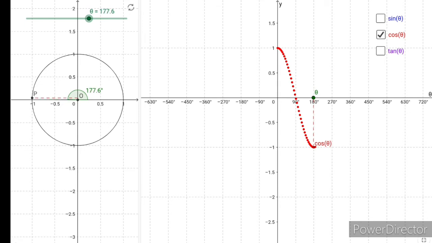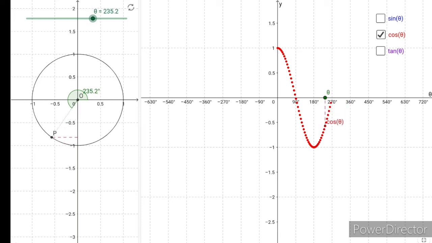If you observe, after 180, it again keeps on increasing from minus 1. Observe the graph and how I am changing the theta. After 180, this dotted line is still on the left hand side of the y-axis, so it is still a negative value. Even after 180, it is still on the left hand side, so the x coordinates are still negative. So cos theta, which is the length of the dotted line, is still negative. After 180, the magnitude keeps on decreasing, but it is a negative value, so cos theta keeps on increasing and increasing.